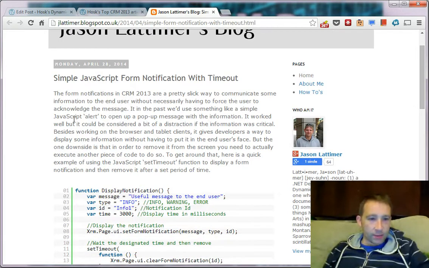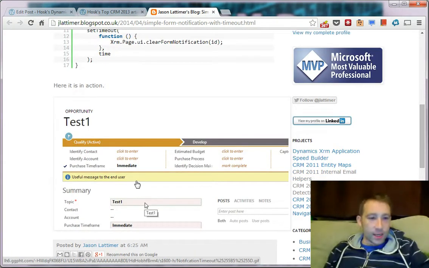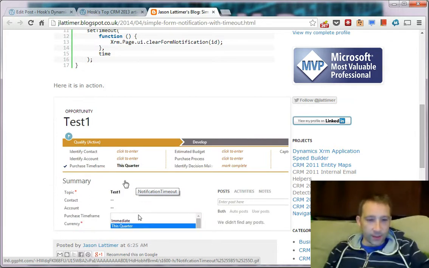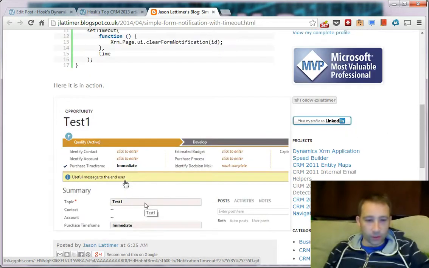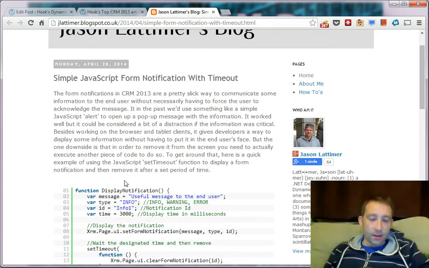He has got a JavaScript. So in CRM 2013, we've got this new notification, which basically pops a bar up at the top of the screen. There, you can see. I like these people having GIFs on their blogs. Enjoying that. It puts a message at the top. Basically, CRM 2013 has moved away from JavaScript alerts and has gone to notifications. I think this is so it will work in the mobile area, and it's not popping up any more annoying